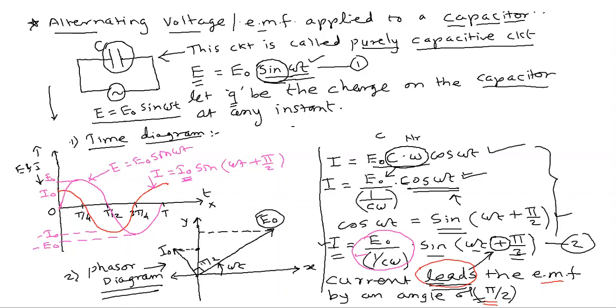Students are mainly getting confused here about which case it is, whether it's an inductor or capacitor, that means a purely capacitive circuit or a purely resistive circuit. There is also one trick to remember when the current lags behind and when the current leads the EMF by pi by 2. I will tell you that trick afterward, when we discuss the series combination of the LCR circuit. Okay, now we will proceed. Our next point is capacitive reactance. Students, please note down all these things in your copy.